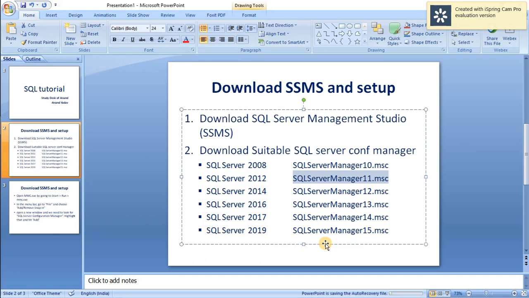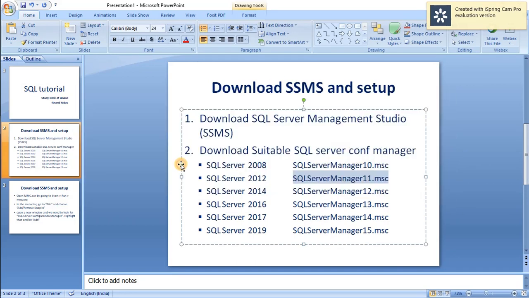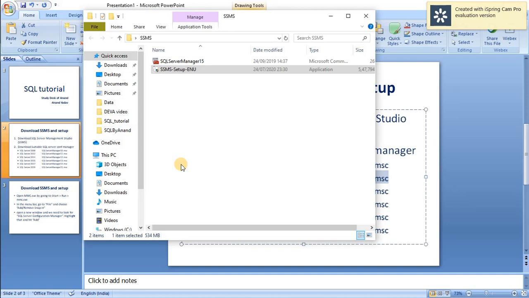The next thing is the SQL Configuration Manager. Sorry, I clicked SQL Server Management Studio again.